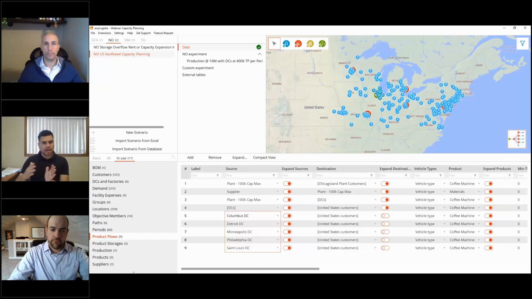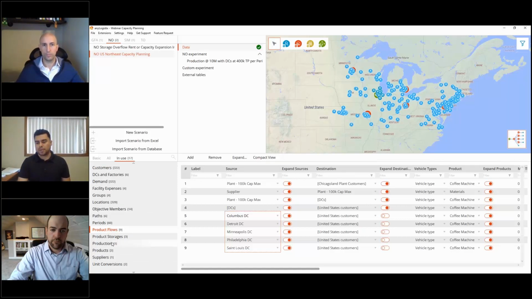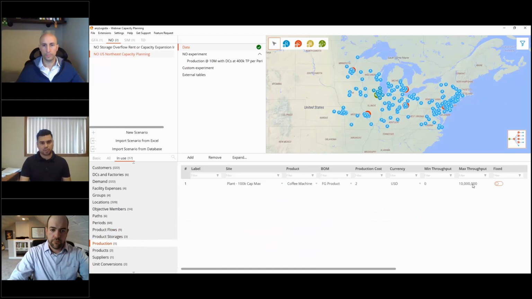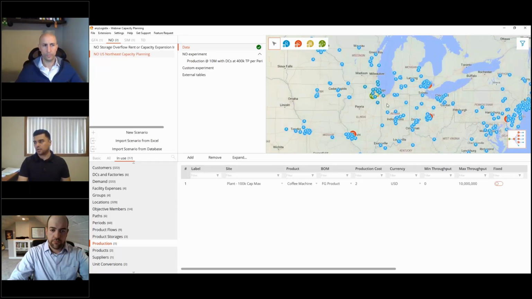Now, keep in mind, this is the outbound. In particular situations, the inbound can have a different rate, so it can be less or more. If that's the case for you, make sure that in the previous segment you add that. Since our previous segment is coming from a factory, we provide our production rate here, our max throughput. So from the plant to the DC, we have a max throughput of 10 million units. That means the location in Chicago, the plant, can manufacture about 10 million units per month, which is quite a bit.